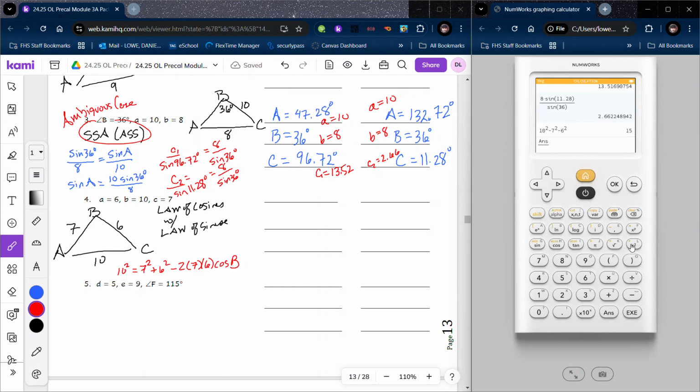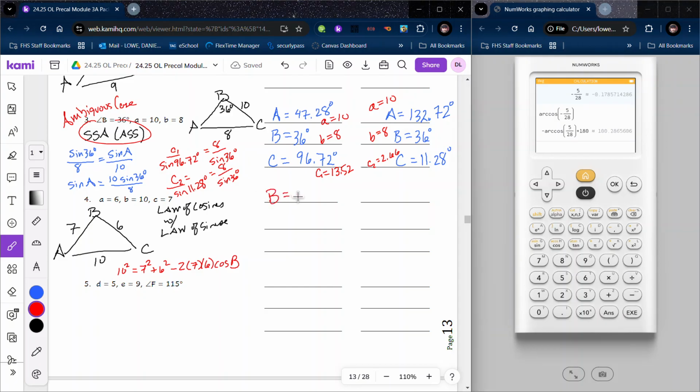Take that number and divide by negative 2 times 7 times 6. Take the inverse cosine of that value, and that gives me that angle B is 100.29 degrees approximately